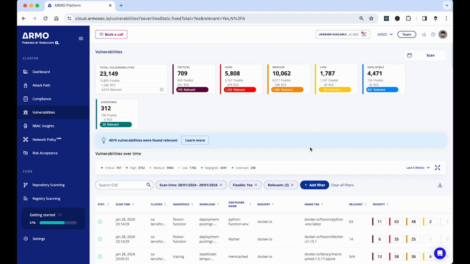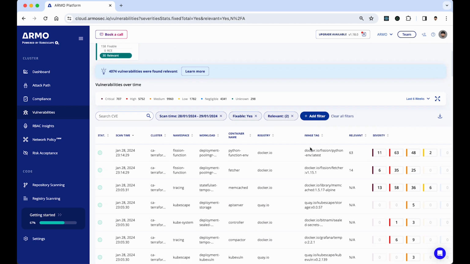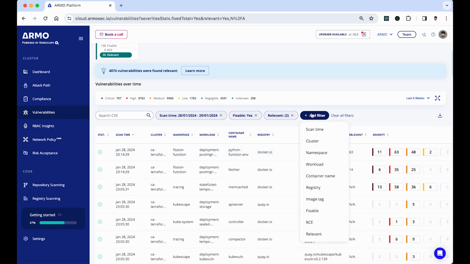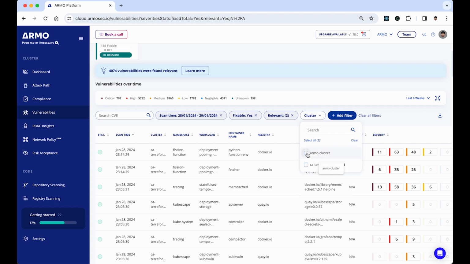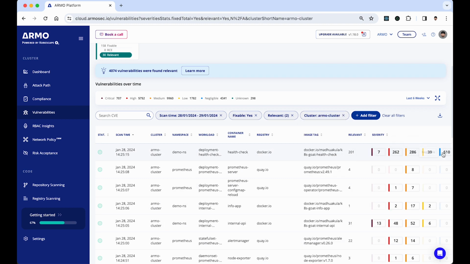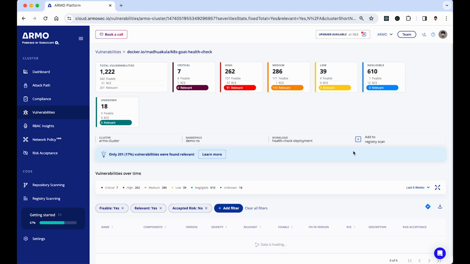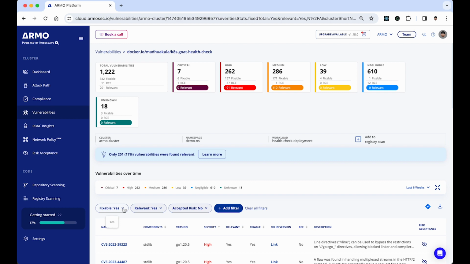We can also filter according to different criteria to determine the severity and the priority of the vulnerability. And I want to look at this workload right here, which shows that I have many vulnerabilities to fix. And let's dive into this workload and examine the results for it. So I can see right away that this workload has